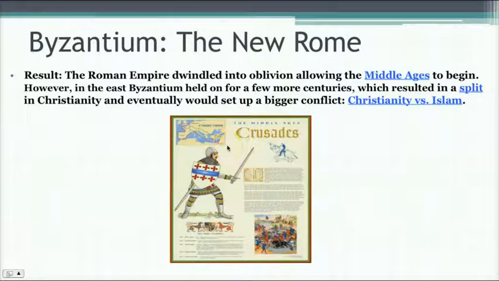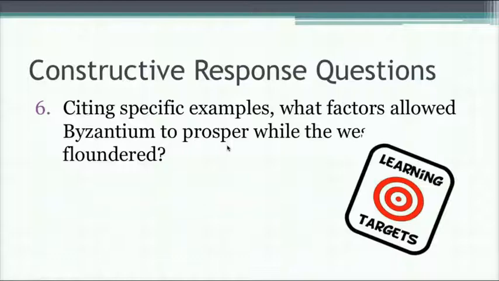So notice there's lots of different layers of history that get piled on here. So when we get into our second semester studies, specifically the Middle Ages, we'll look at how Christianity and Islam basically go to war against each other in something called the Crusades. So that should wrap up our unit on Rome here. We've talked about how the Western Empire fell. We've looked at specifically the Eastern Empire called Byzantium. We looked at what it was and what happened to it. And how Christianity factored into that.